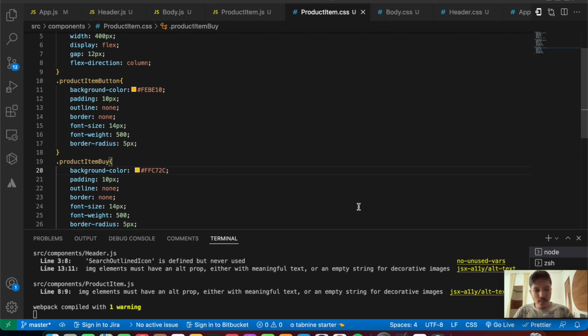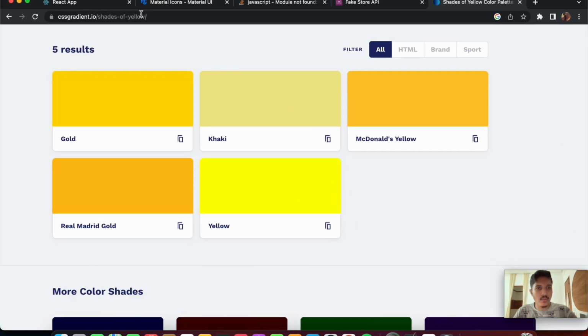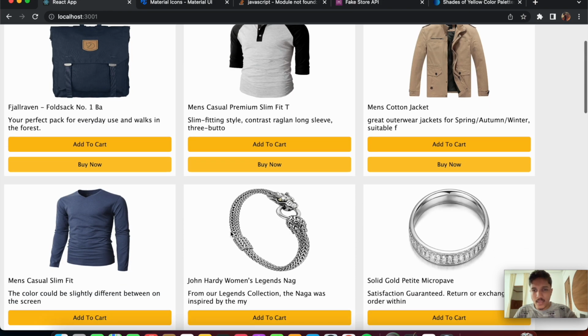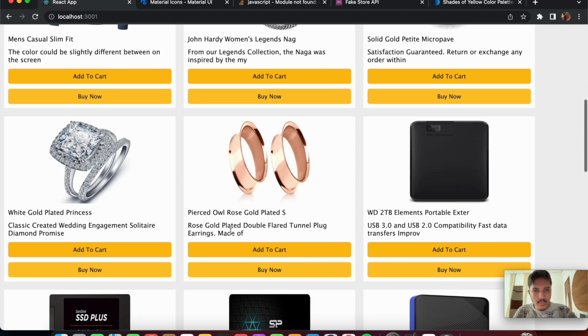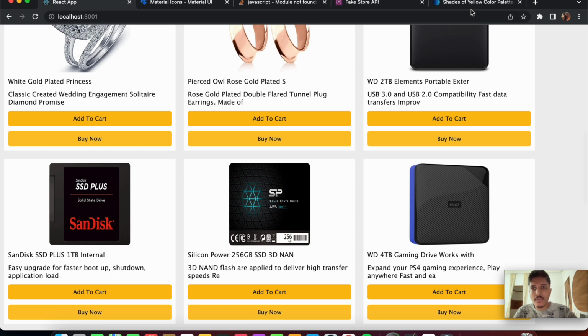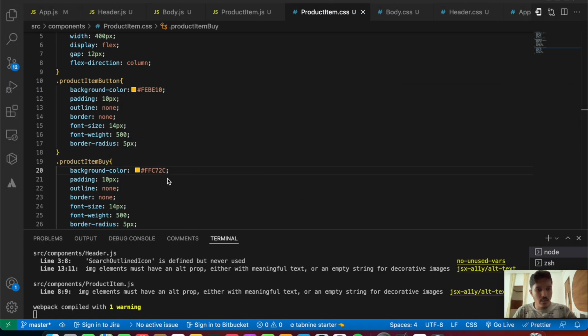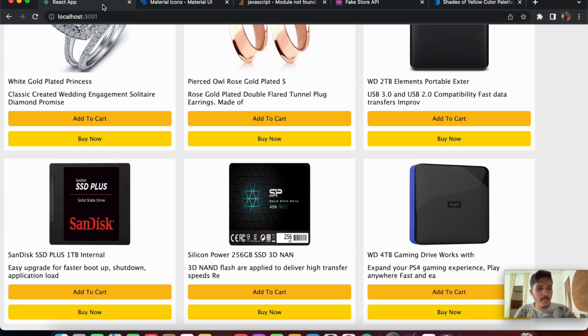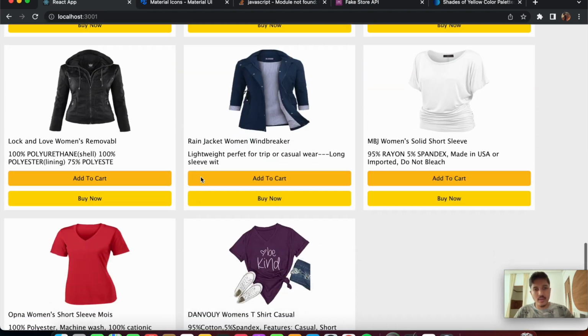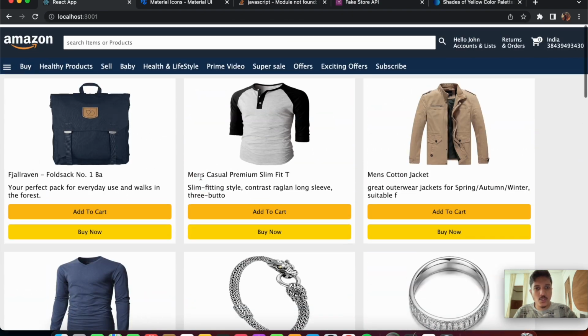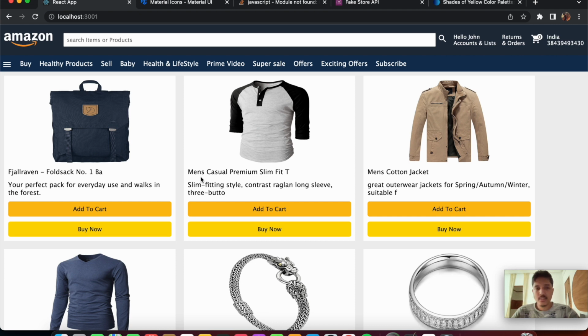Okay, so now let's look at the web page, how exactly it's looking. I can't see any difference, but I think there is a subtle difference. So let's make use of the gold color, and let's paste it over here. Okay, let's come back to our web page. Yeah, so now it's looking really good. Okay, so we have rendered our products and everything is in correct